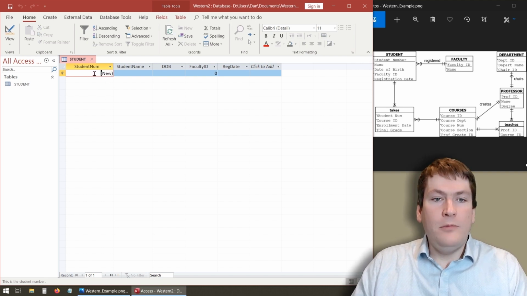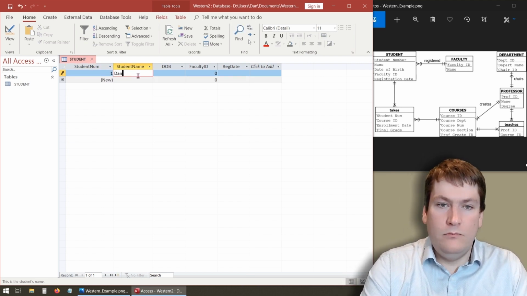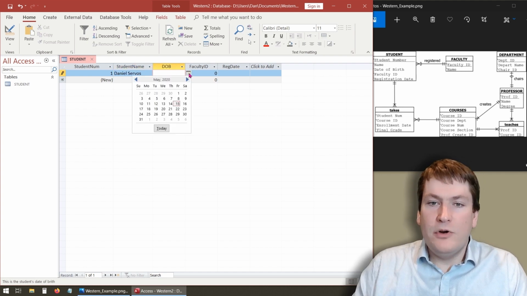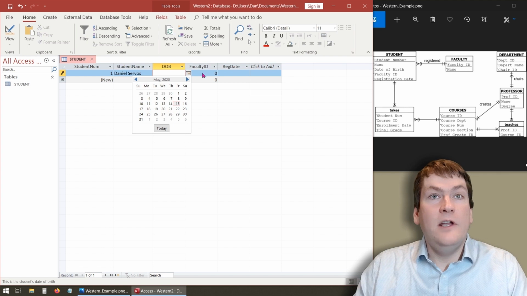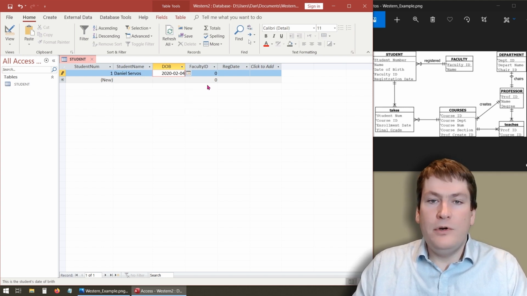So to start entering them, we can start here. And one thing you'll notice, because this is a special type called AutoNumber, we don't actually have to put a value in for a student number. We can just start with student name. Let's say Daniel, put a date of birth in, and you'll notice because it's a date of birth type, it knows to pop up a calendar. So we could just select some date of birth,